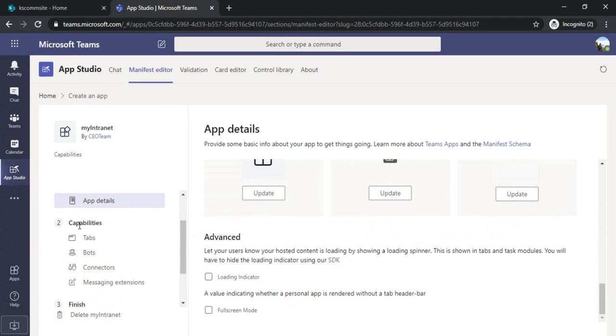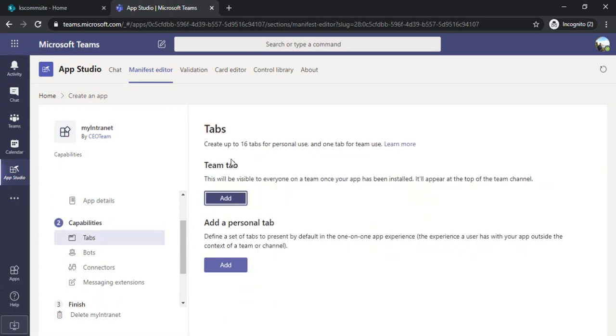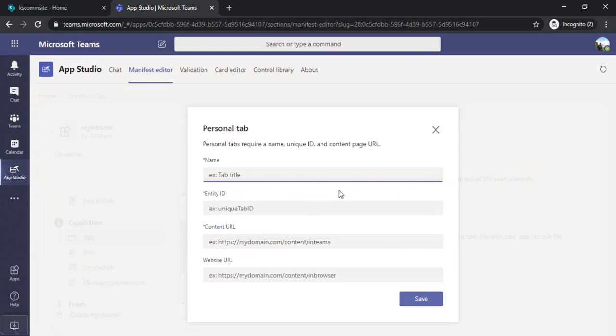Now we are moving to the second point, which is capabilities. Under tabs, I'm going there. There are two options, team tab and personal tab. We want to keep this intranet pane there, so we'll choose a personal tab here. I'm clicking on add. In the add dialog we have to specify the tab name. Let's say my intranet name is my source,